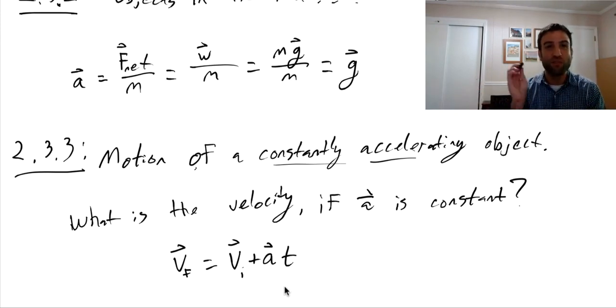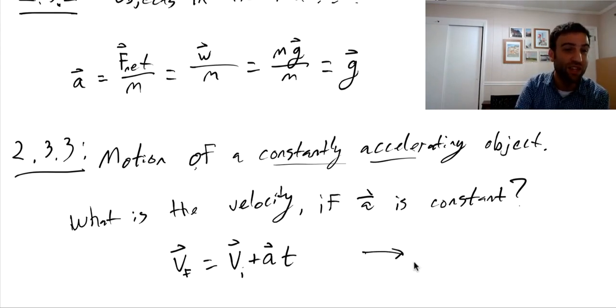So for instance, I can throw an object forward at some initial velocity, moving say horizontally forward at some speed. And then once I let go of it, gravity is the source of constant acceleration, and it's pointing down, right? So the velocity at some later time won't be horizontal, and it won't be straight down. It'll be something in between, the initial velocity and an acceleration times a time. So it might go from say,